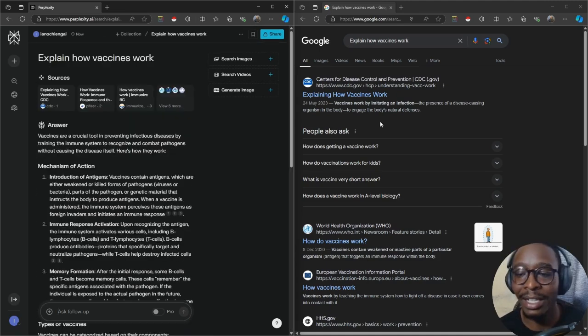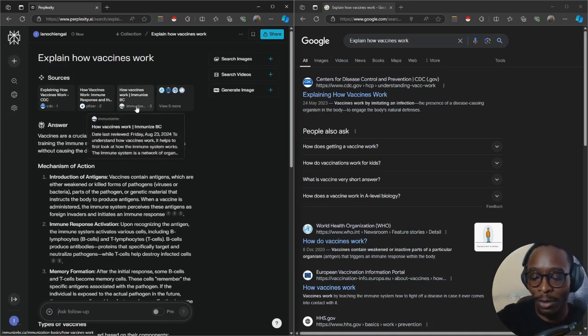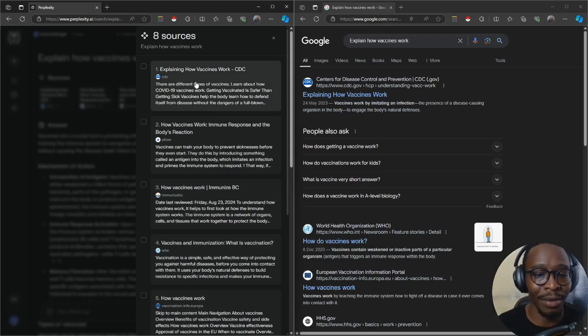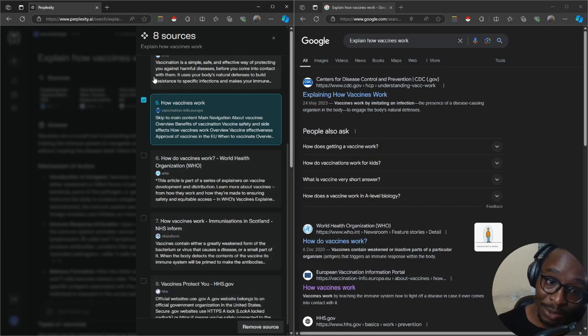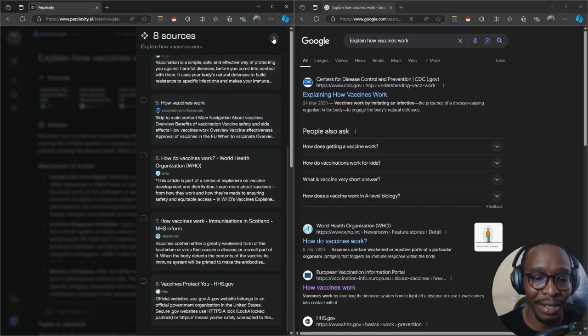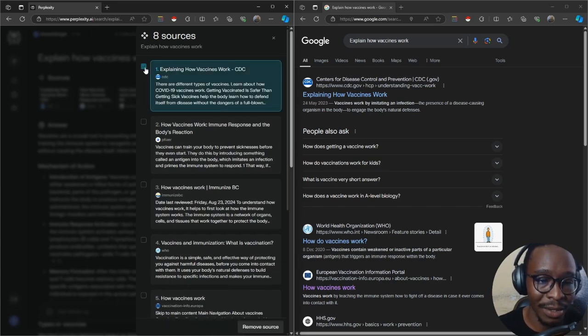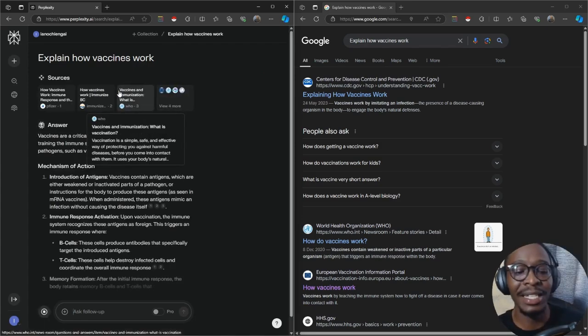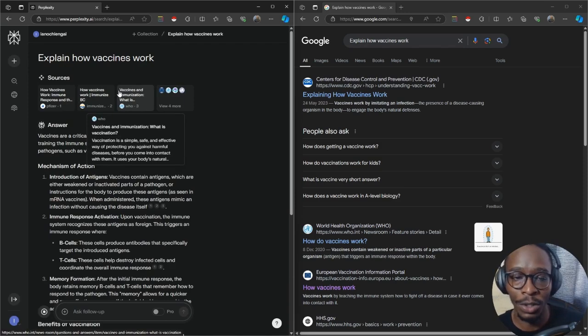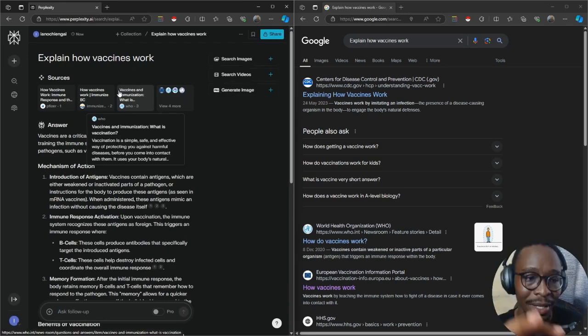This is something I can quite rely on because it has sourced the information from different places. With Perplexity, you get the different sources of information and then it summarizes from all those sources. You can still click on them, and if there's a site that you don't like, click on it and remove that source. Then it gives you another summary. For example, I didn't really trust CBC, so I'll click on that and remove the source. And there we are, it creates a new summary based on what you have told it it can get a source from. So that's Perplexity.